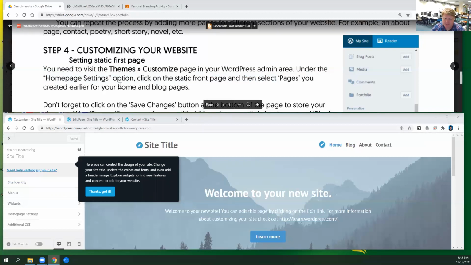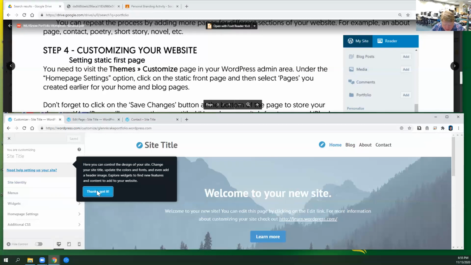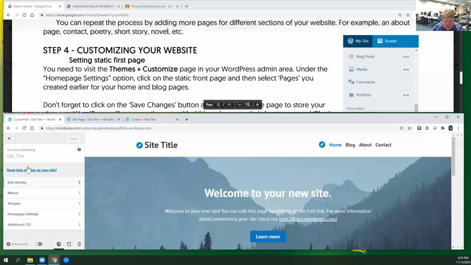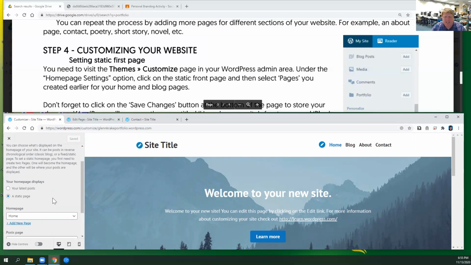homepage settings. Okay, so we're going to go to homepage settings under Design or Customize, and we're going to change the homepage settings. Now, there's a couple of things. If you selected a template that focuses on a blog, then maybe whatever the most recent post is might be the thing that your homepage displays,